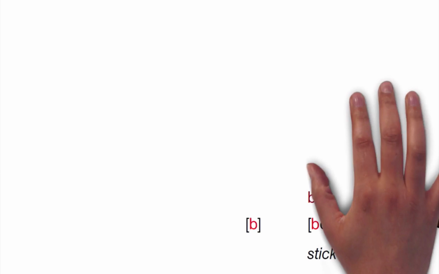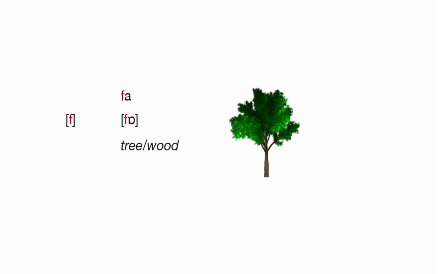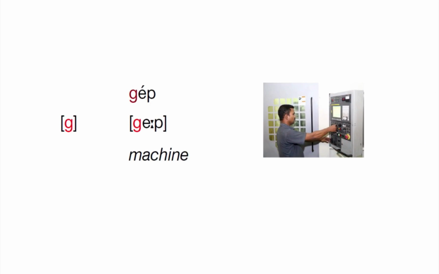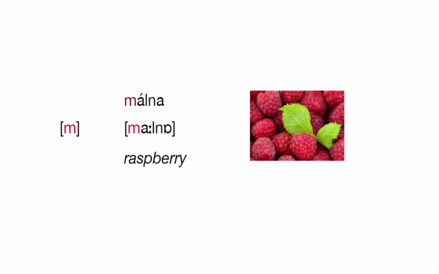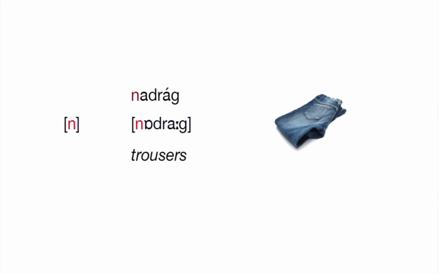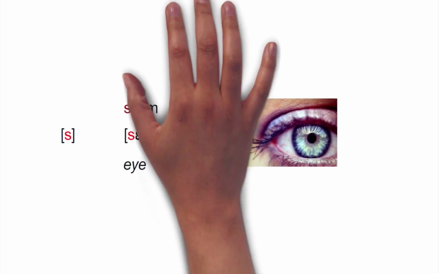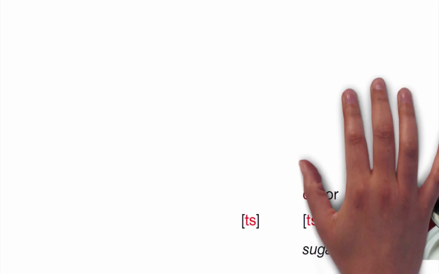And so now we can review. We began with a bunch of consonants with familiar sounds and familiar IPA symbols. There was b as in bot, f as in fa, g as in gép, h as in hó, m as in málna, n as in nadrág, s as in szem, c as in cukor, f as in vödör, and z